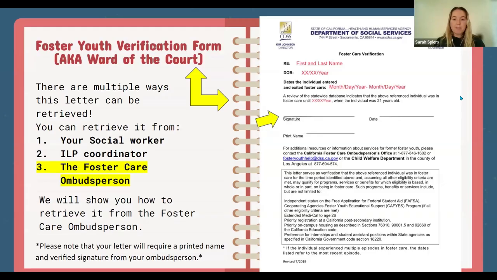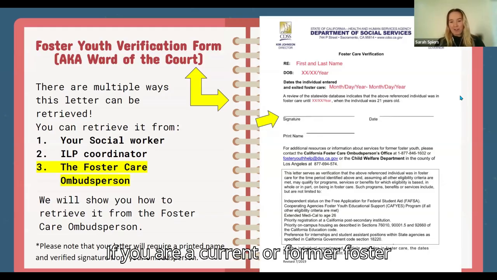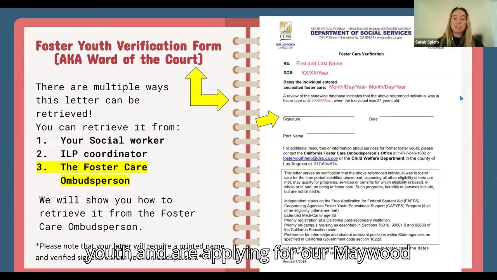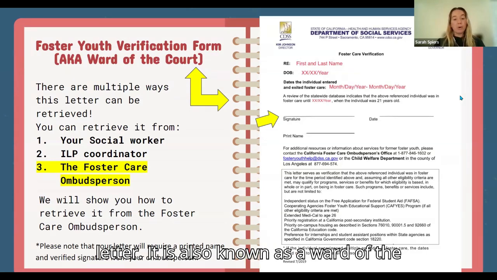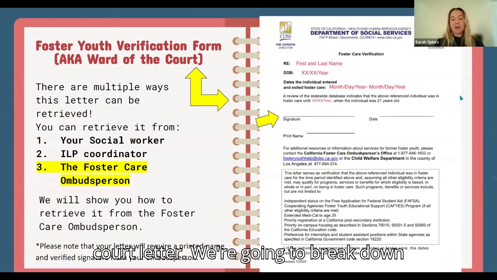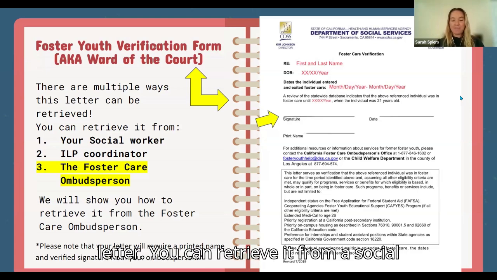We will also go into how to obtain resources to prepare you for higher education. Now let's dive in. If you are a current or former foster youth and are applying for our Maywood Scholarship application, we will be requiring a foster care verification letter. It is also known as a ward of the court letter. We're going to break down all of the ways you can retrieve the letter.